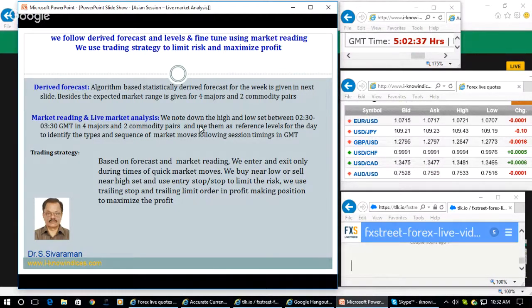In the event of knee-jerk reactions in the market, we may have to go in for a trading strategy, that is, limit the risk and maximize the profit. That can be done with the help of the hedge order. In the MT4 trading platform, we come across the buy stop and sell stop orders. Suppose you have a buy position and you use a sell stop: if it is filled, then both positions will be in the platform, and they will not offset each other. But if you use a normal stop, that will offset the buy position, and then you won't have any position.